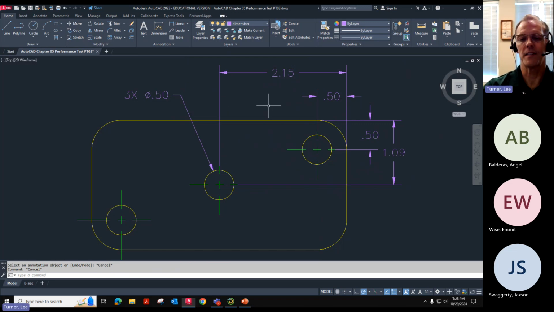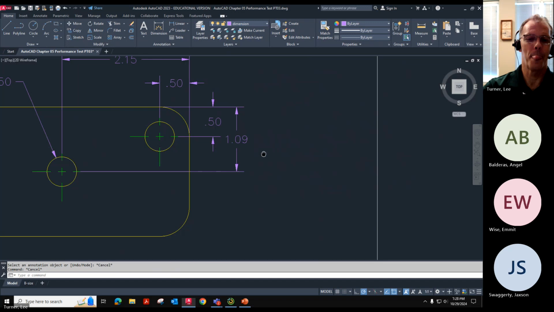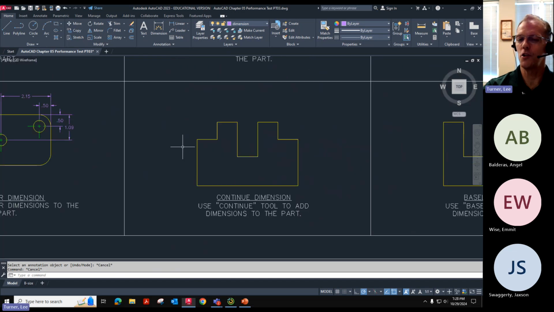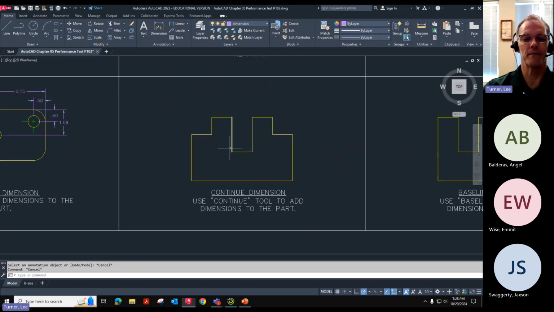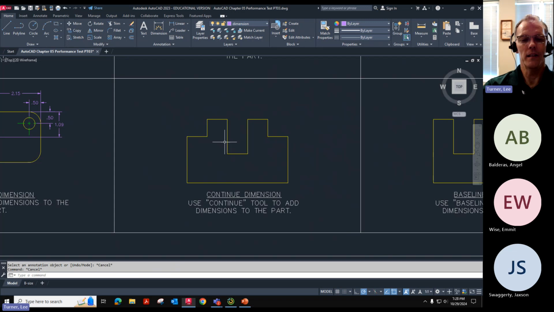All right, let's go next. Slide over, we've got 2 more, and they'll go relatively quick. But here we go. Now, in order to use the continue dimension tool, the command, we need to start with